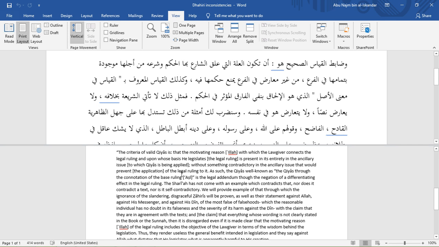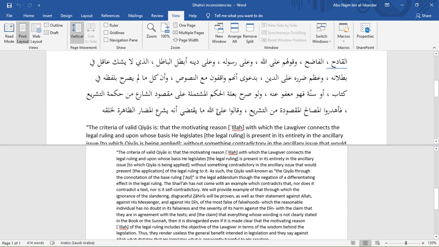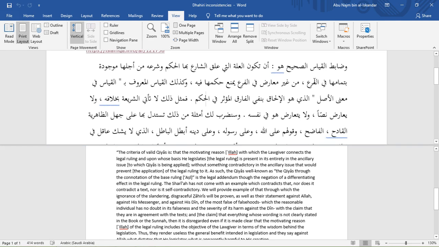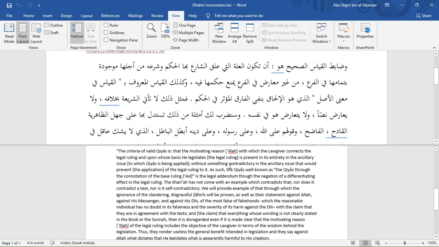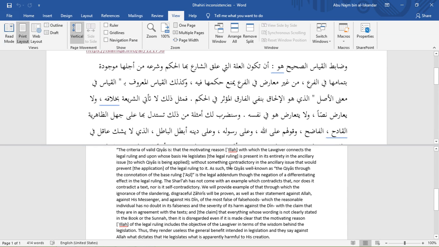Alright, so we're going to look at this fatwa here about the Dahiris. The part right here I've already translated, and I was going to move on to the next part, but I want to explain first how I got to it. Here's the translation. And I don't know the tashkil, so I'm not sure if I'm going to get all of the Arabic correct in reading it, but